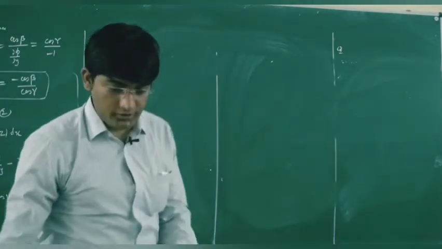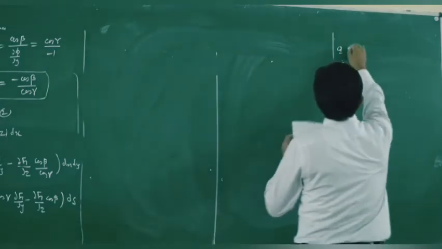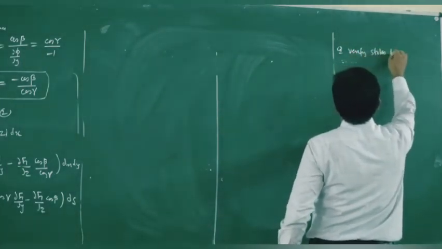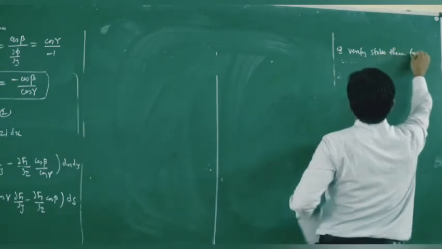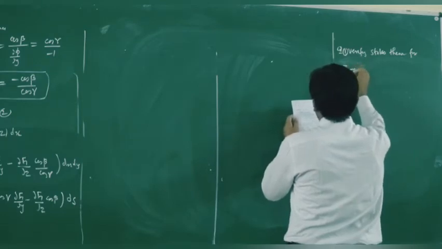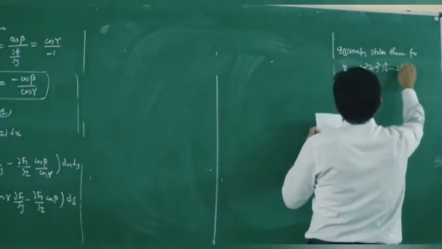So our first question is to verify Stokes theorem for f equal to x square plus y square i minus 2xy j